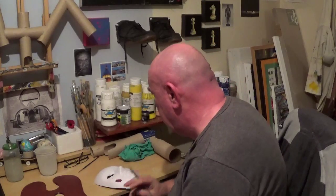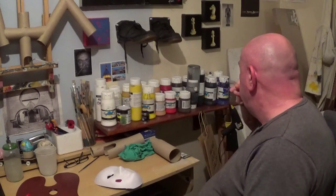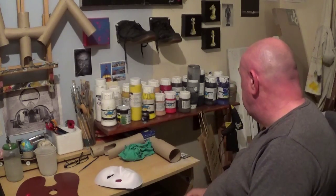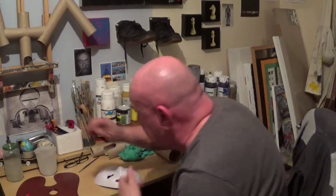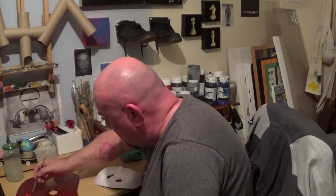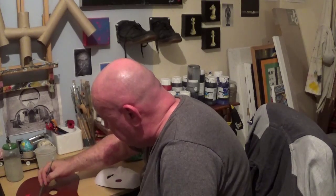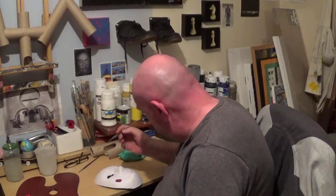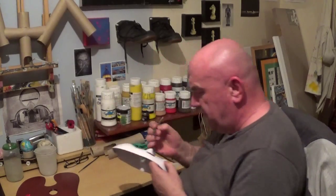Right, I think what I'm going to do actually is put that back on there for a minute because this colour isn't working. And I'm trying to think, what do I need? It's been so long since I've really done some serious painting. Right, hang on. Oops. Right, so